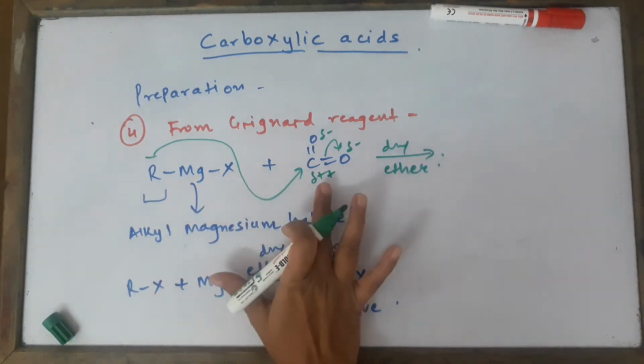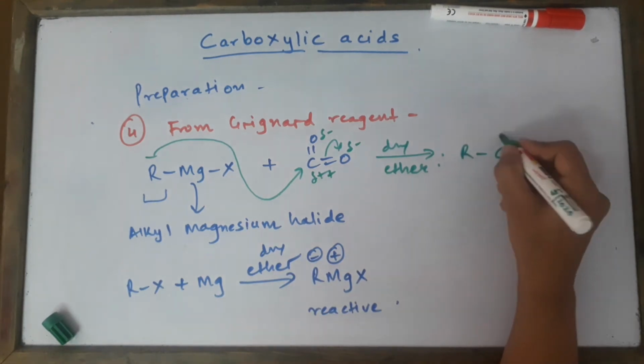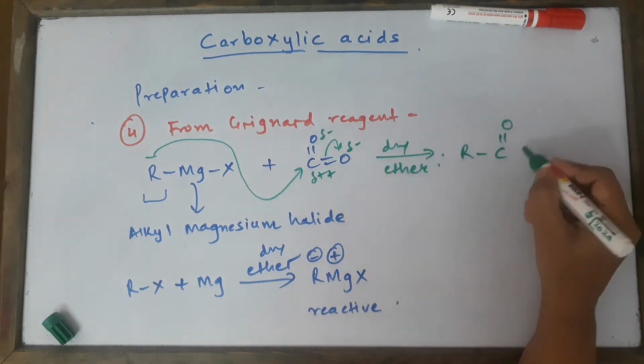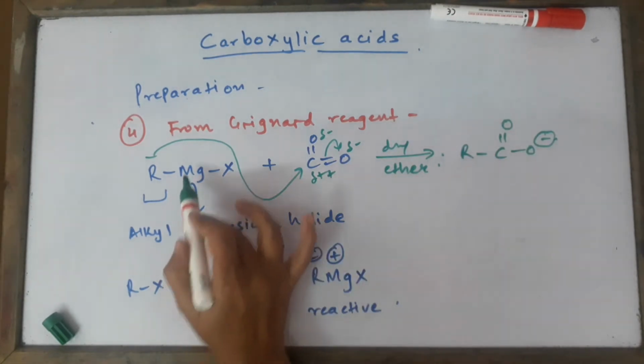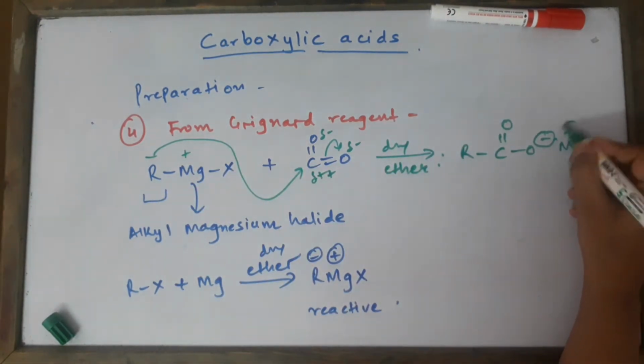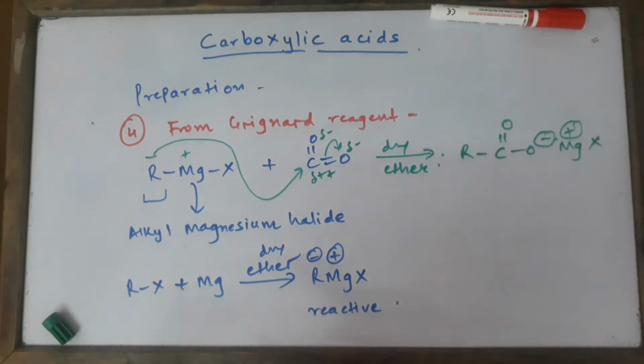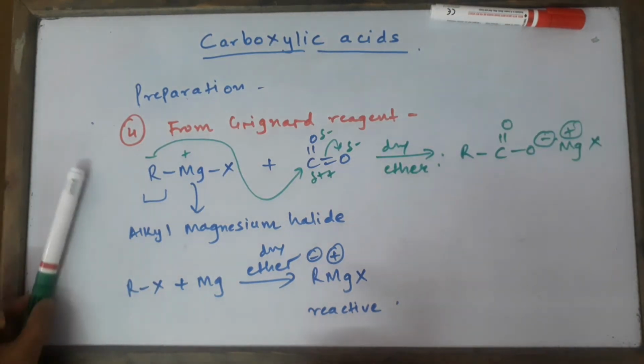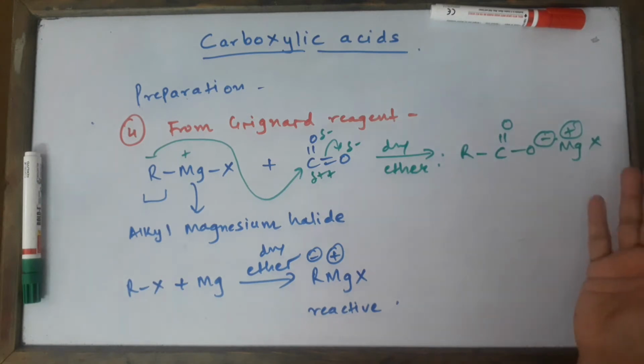So R minus will be reacting with this. What do we get? RC double bond O, O minus. What happens to this positive part? It will go and just associate itself next to that negative part, right? This is the nature, this is the rule, this is the law of nature. You can say negative and positive are together only.